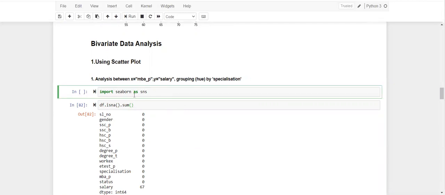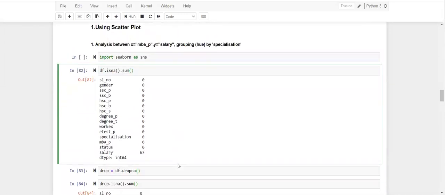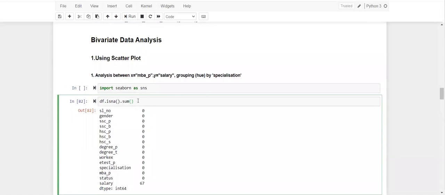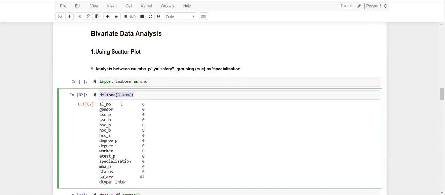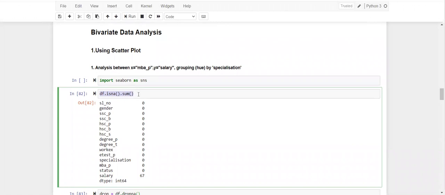For that, let's import the Seaborn package. Before getting into plotting anything, let's just see how our data looks and if there are any not applicable values in any of our columns. If I do df.isna().sum(), it will sum up all the not applicable values and show them for the corresponding columns here.